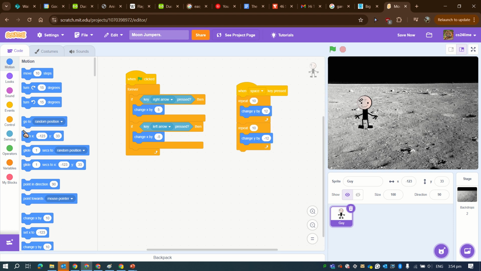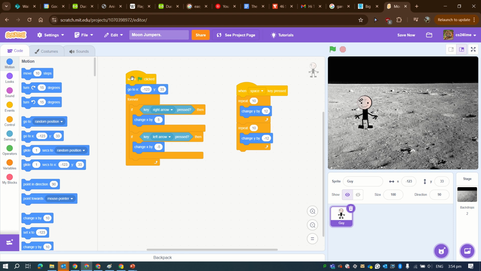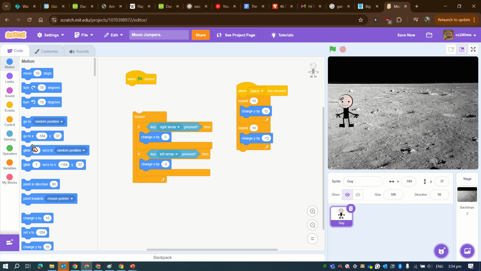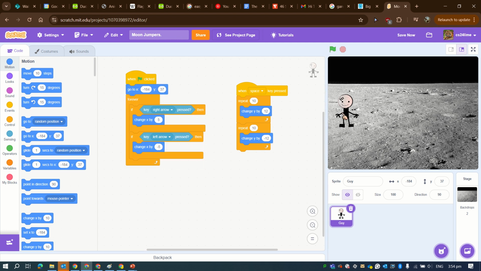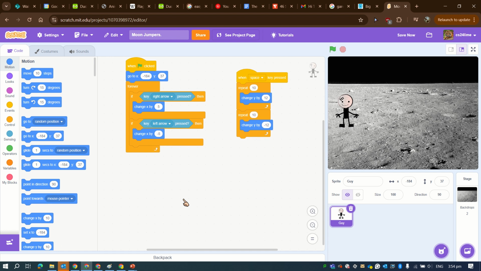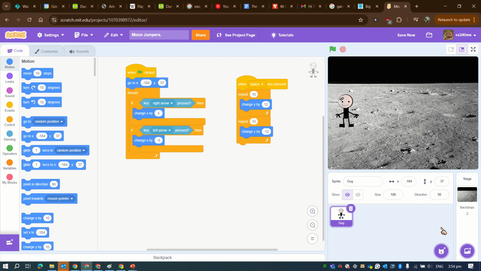So first of all, before we start, I'd like to be in this position for my sprite, so I'm just going to go to the XY block right there. What does this do, basically? Even if we're here, if you click the green flag, it goes there. Sweet. Now let's make a brand new sprite